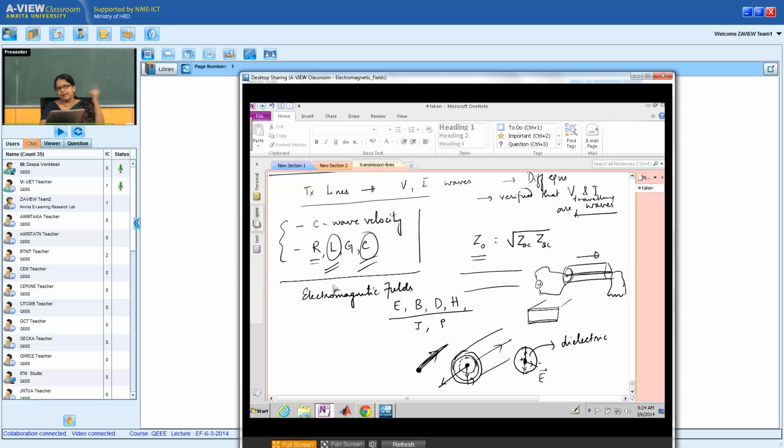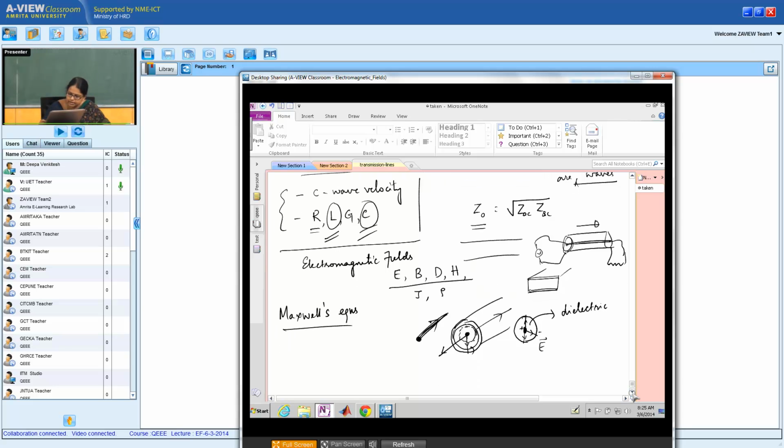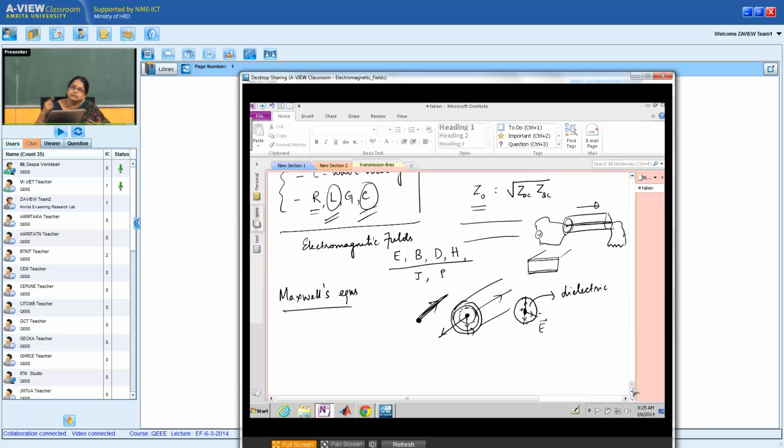And to be able to answer these questions, you need to know the fundamental Maxwell's equations, the four Maxwell's equations, which are the four pillars of the electromagnetic field theory. I am not going to write them down here. We will try and start from first principles. To appreciate the meaning of the Maxwell's equations, you need to know some